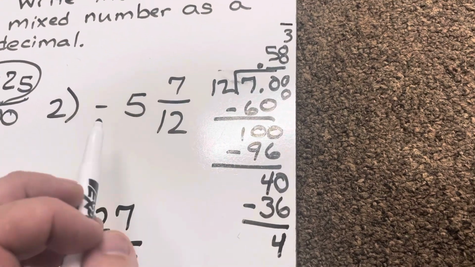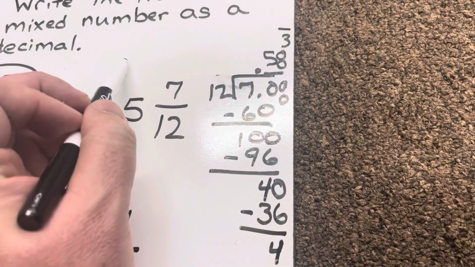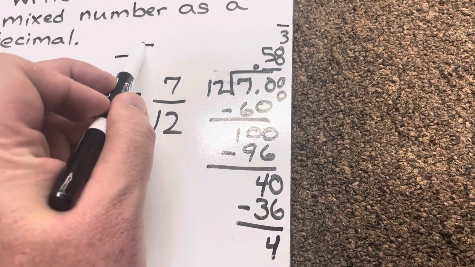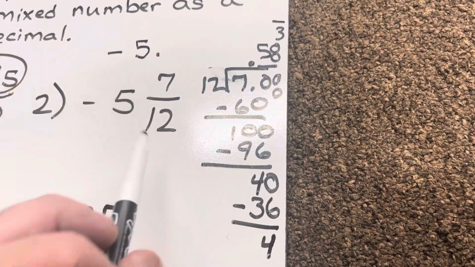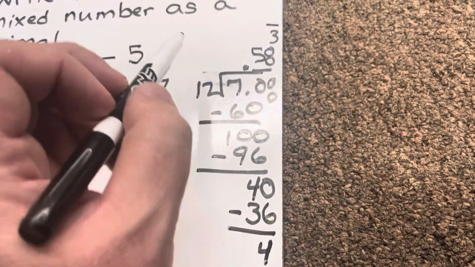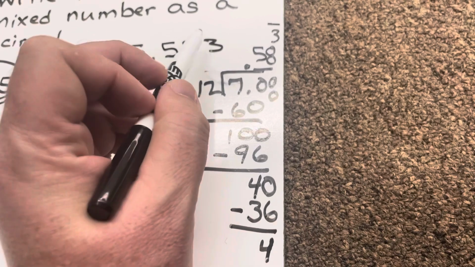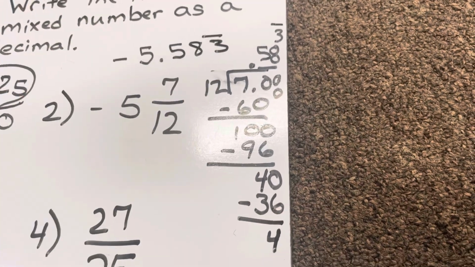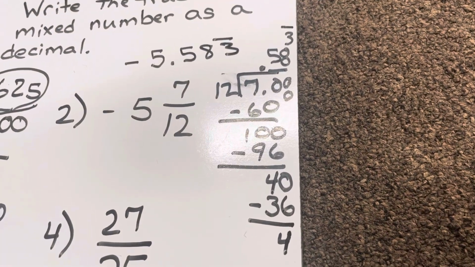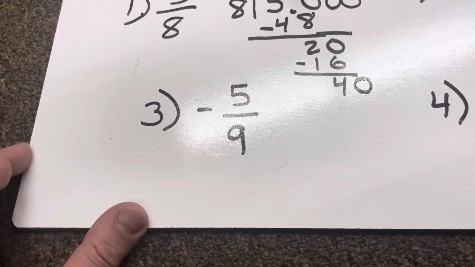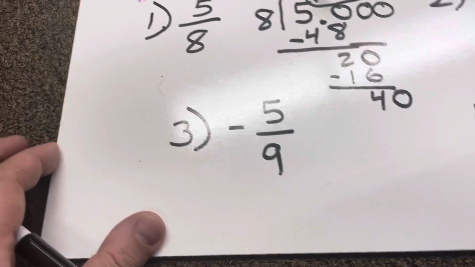But I can't forget about the negative and I can't forget about the 5. So I know my final decimal is going to be a -5 point. Then I bring in this 583, with a line over the 3 to show that that keeps repeating. All right, moving right along. -5 over 9. So this one's going to become